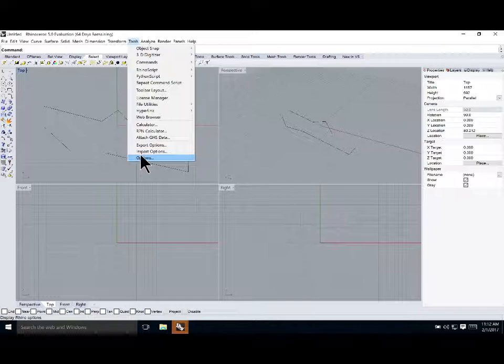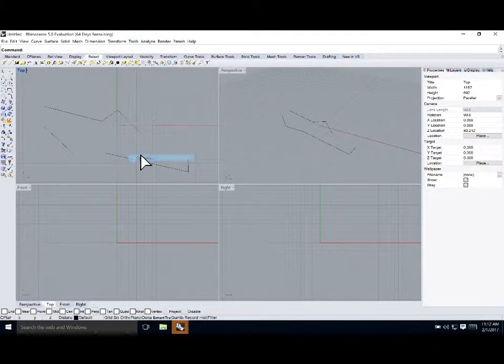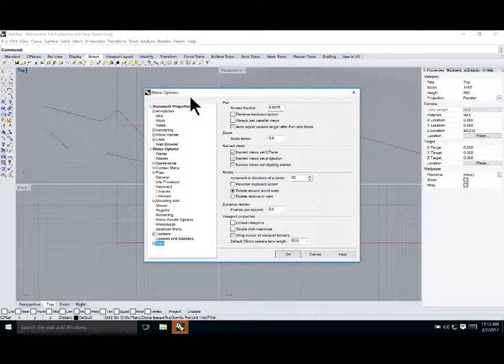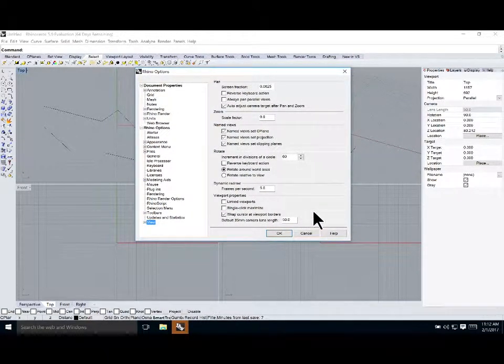And so on Rhino for Windows, that's under Tools, and then the Options command on the bottom of the menu brings up this detailed menu. And again, it's a bit hard to read, but basically